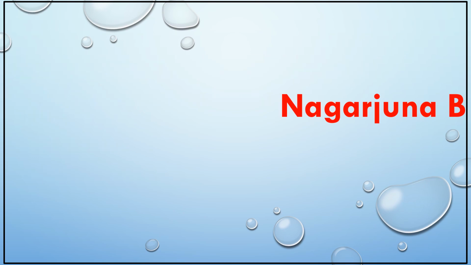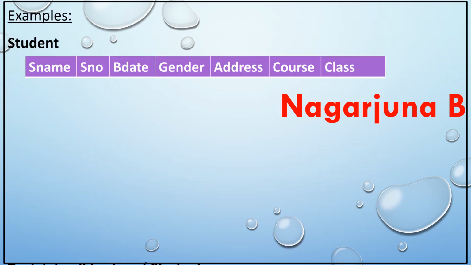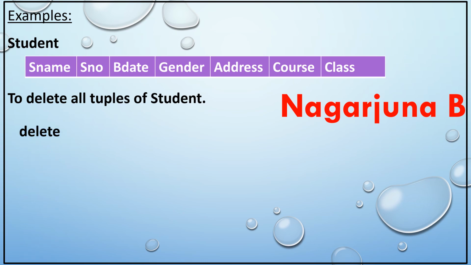We shall see another example by considering the same relation, to delete all tuples of student. This can be done by writing delete asterisk from student semicolon. Here I have written delete and from in lower case, whereas in the previous commands I wrote them in uppercase.